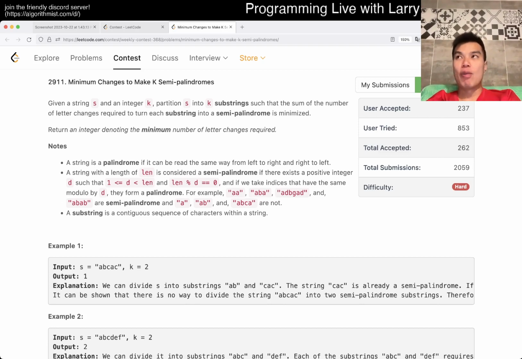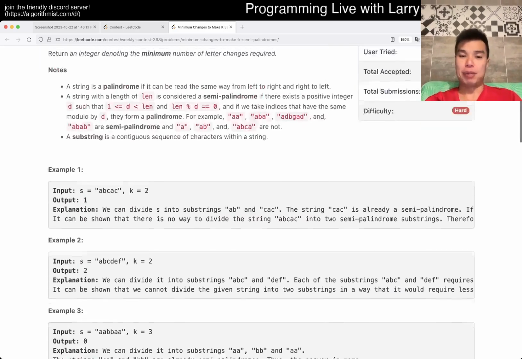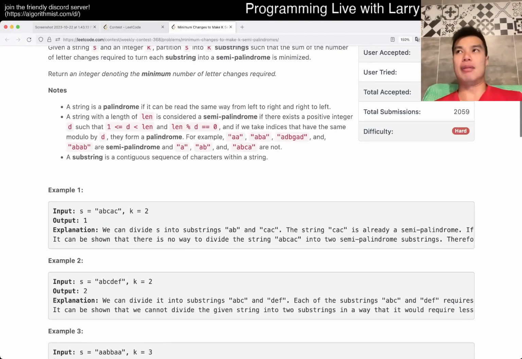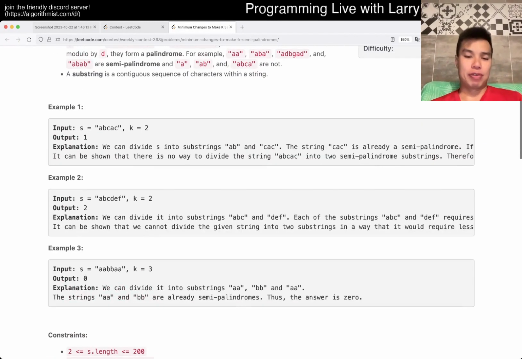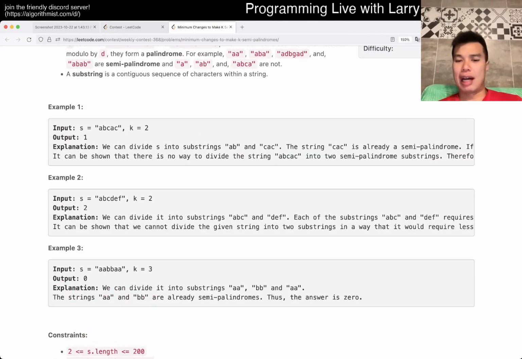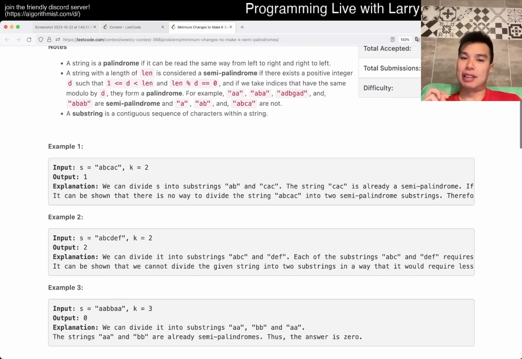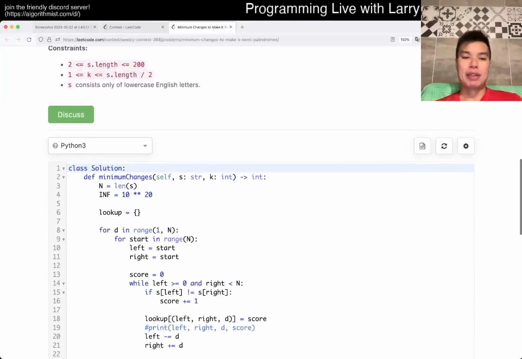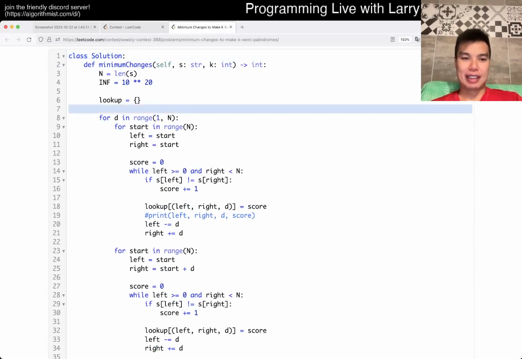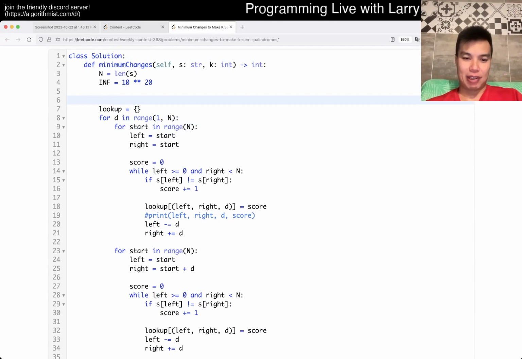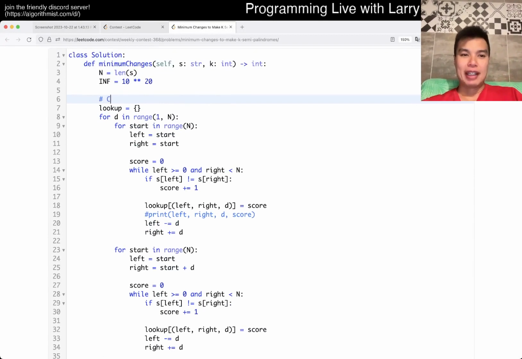I think the way that I thought about it is just a lot of pre-processing, and or just processing in general. So we'll go over it with code because there's really not much fundamental about it, as long as you understand what a semi-palindrome is. The first part is that I just calculate, let me write it as I'm talking, basically,